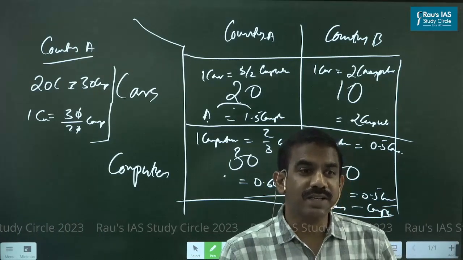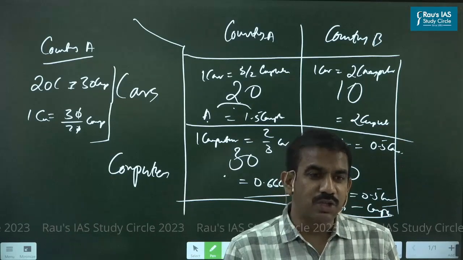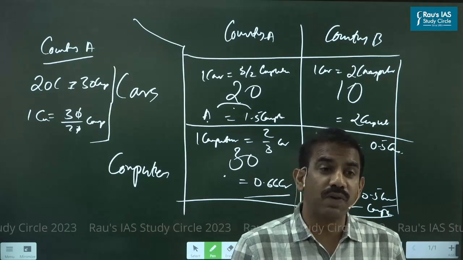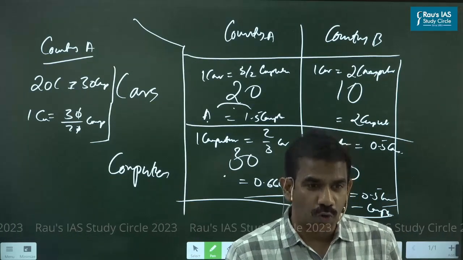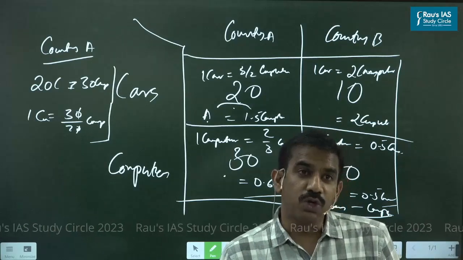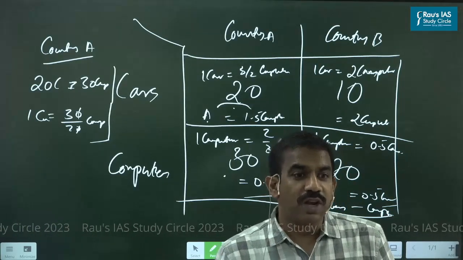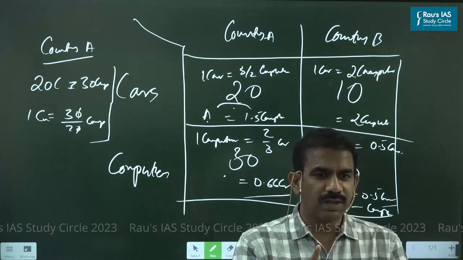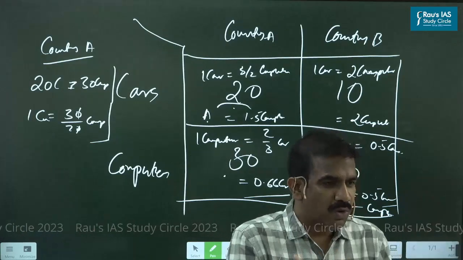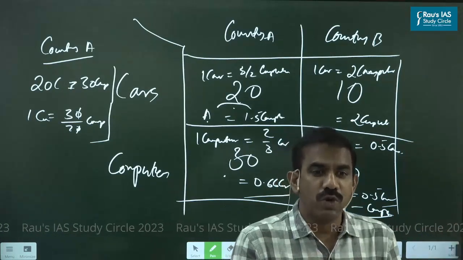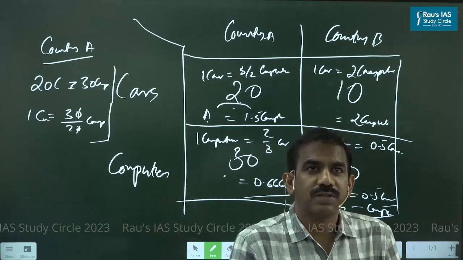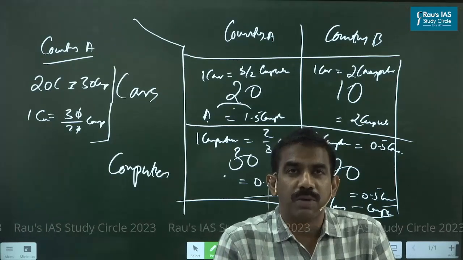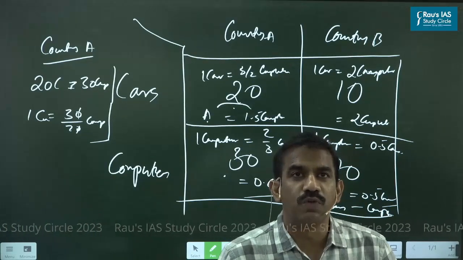Before coming to the class, let me know what should be the number of cars A should be willing to forego for a computer, and what should be the number of computers that B should be willing to forego in return for a car. Don't simply look on the internet. And of course, you won't find the same numbers; I have to throw some random numbers. Let me know the maximum number of computers B should forego in return for cars.